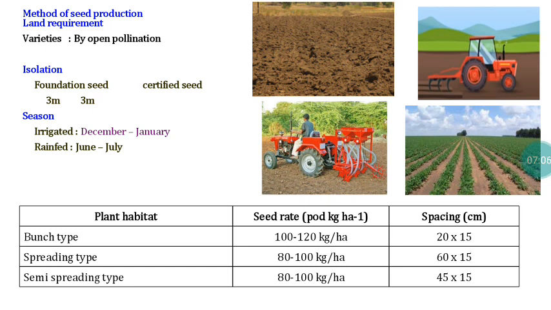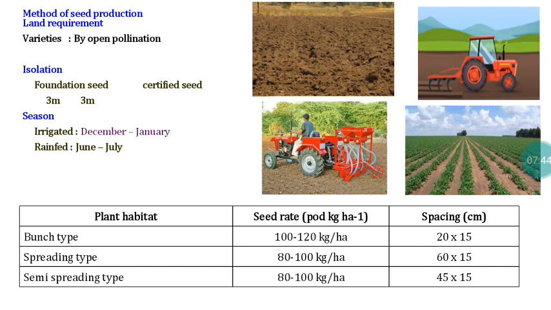Then regarding seasons, if it is an irrigated crop, it should be taken up in December, January. If taken up in December, January, the crop will attain maturity in about 4 months. The main advantage of the December, January season is that maturity of the groundnut pod never coincides with the rainfall. If the pod coincides with rainfall, in the case of groundnut, vivipary germination is a major problem. The seed will germinate on the plant itself. If it is germinated, we cannot have any kernels. So that is a drawback.